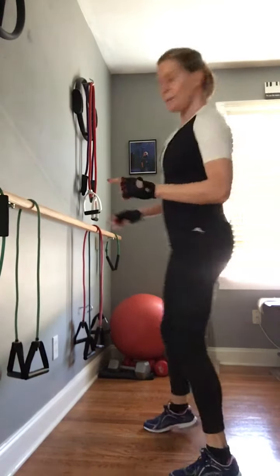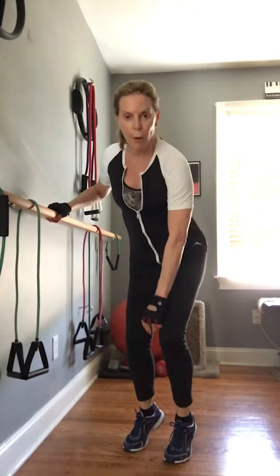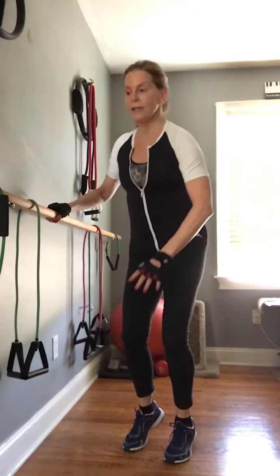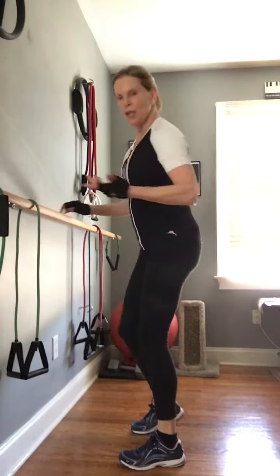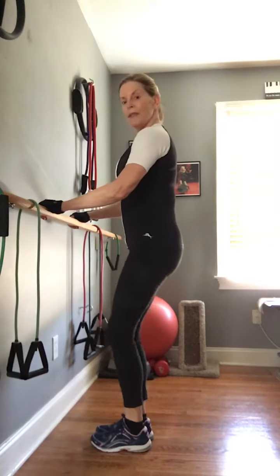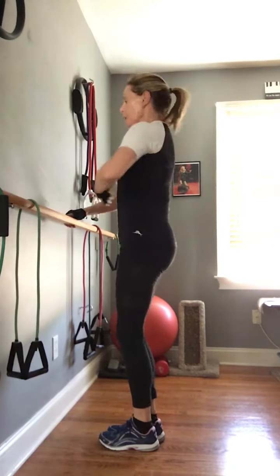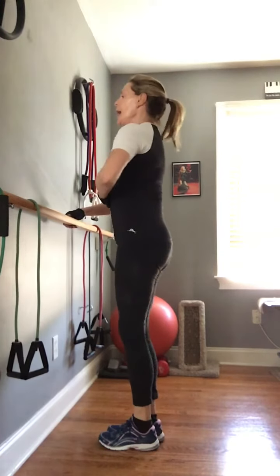I thought I had it up here, but I obviously don't. I usually place a ball inside my thighs. It's not necessary, but I usually do that. Either way, I'm going to hold my thighs together really, really tight, shoulders or hips, and I'm going to